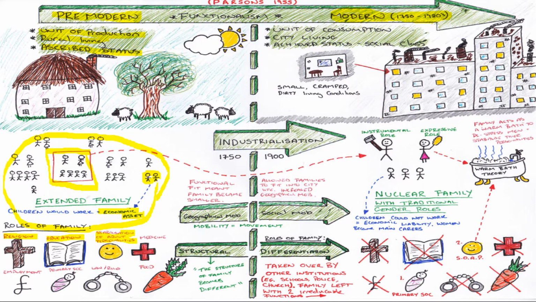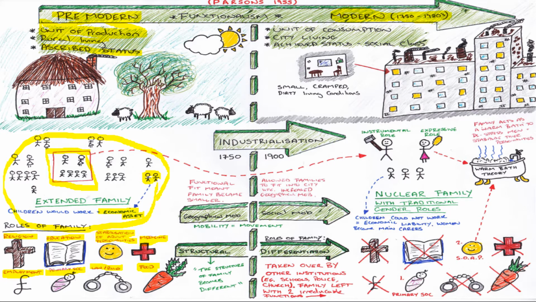We're going to talk about stabilization of adult personalities again in a second. They provided healthcare and medicine. All the food was grown on the farm. We were units of production, as it says here at the top. And law and order was enforced through the family. They provided primary socialization, and the home and the family was your source of employment, your source of work. So this is how the family worked in the pre-modern time.